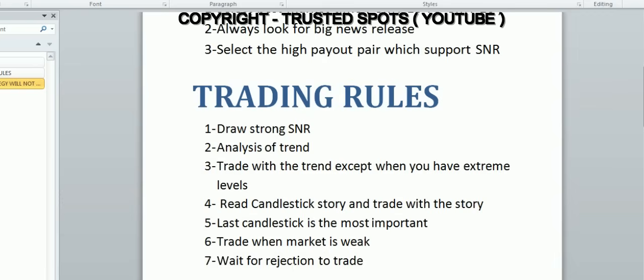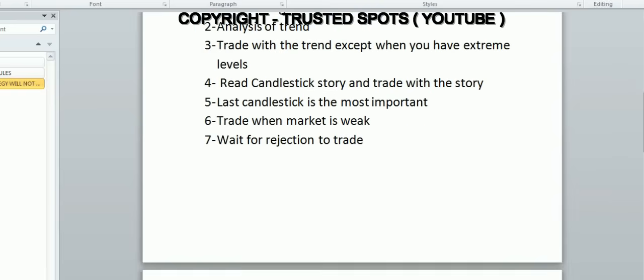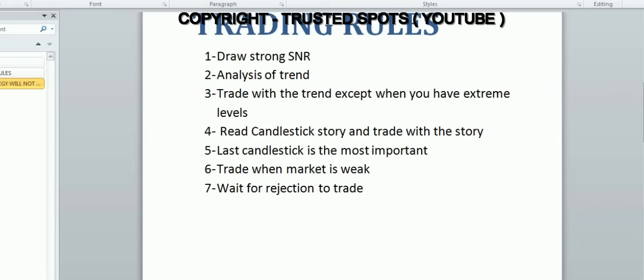I think the rules have been explained completely, and I don't think any of you have difficulty, because all my videos use these kinds of rules, and I'm trading with only these rules. So this is what I wanted to explain. The rules are in front of you, so you can read them. Don't worry, in the next two videos I will try to cover all these concepts thoroughly and in detail, so do not worry, just read these rules and follow them in your trading.